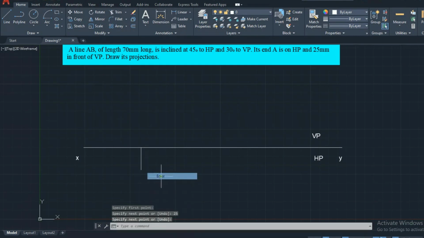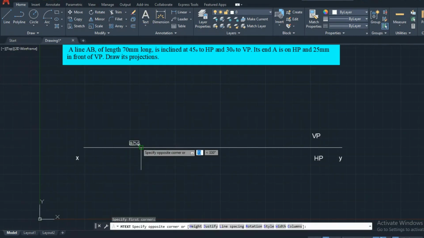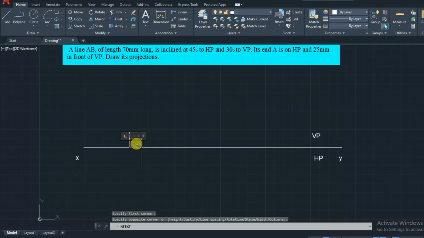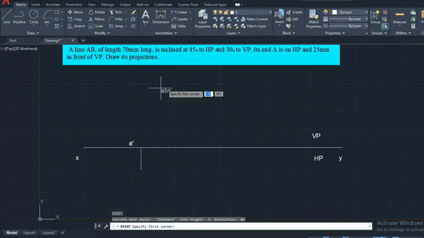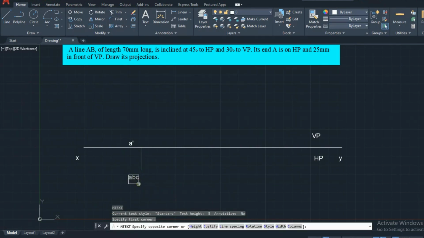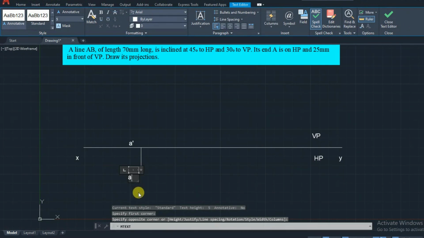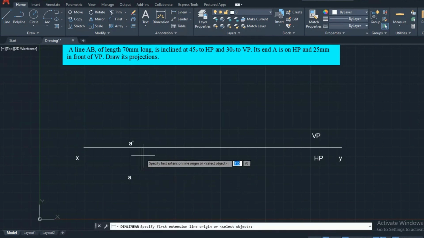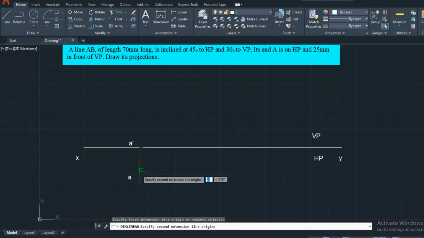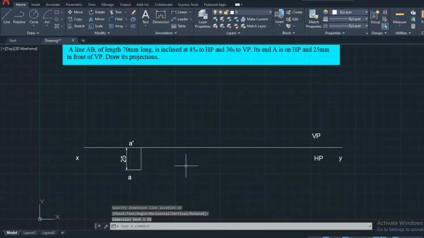The front view is obtained on XY, so one end of the straight line is A with a dash, and the top view is obtained 25 mm below the XY line, without a dash.